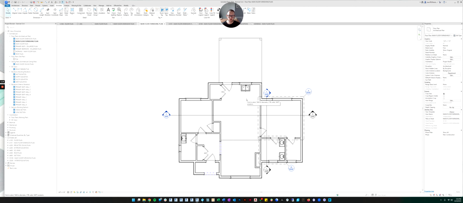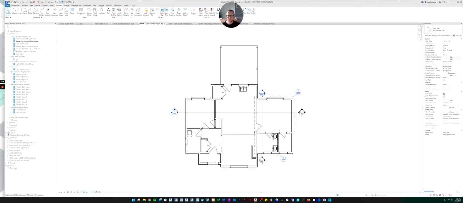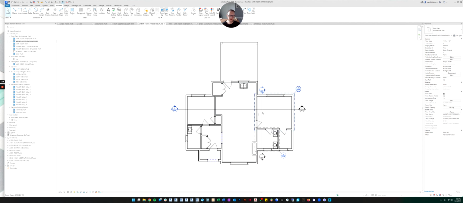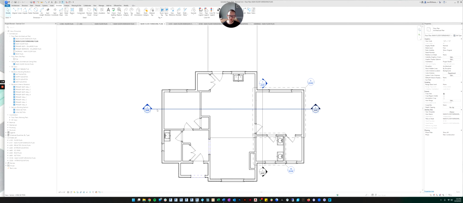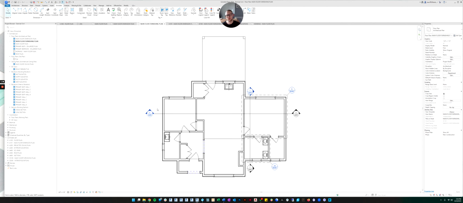So we want to make sure to clean up this view. In our last video, I showed you how to copy the main floor plan view settings over to our furnishings plan, so we'll start from there. In addition to the view settings we've already changed, we also want to get rid of the section tags. You don't need to really see the sections to understand the finishes.